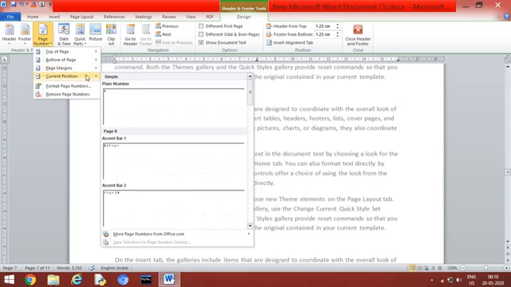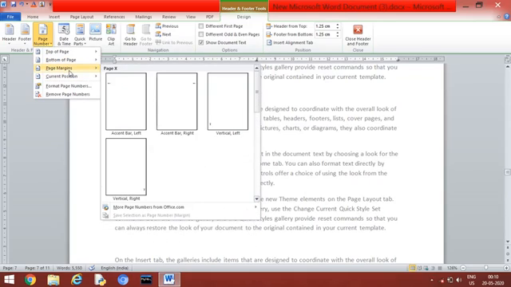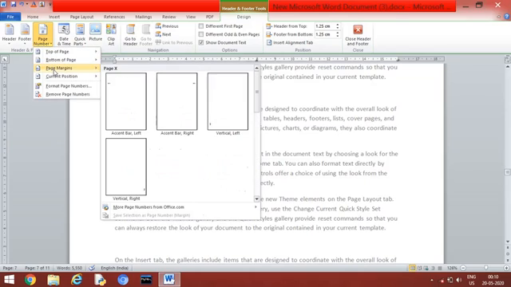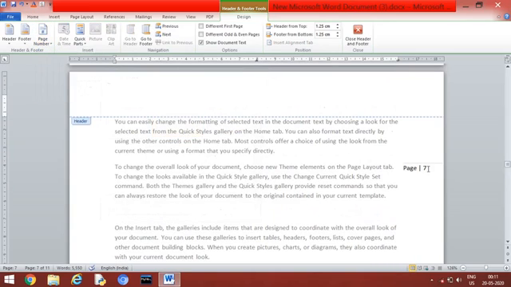Now again, the third option is page margin. So you can give the page number at the margin also, margin as in this area. When you go to the page margin, you will get some drafts like this. You can select any of these and give the page number, and you can see that the page number will appear at the margin.